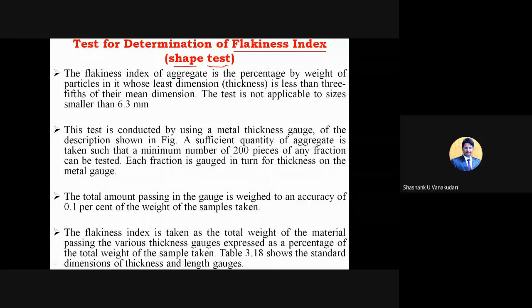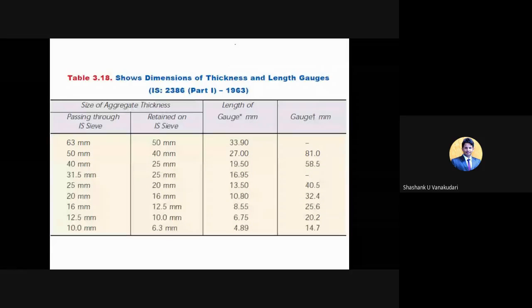This is most important. We will explain this procedure now. First, you need to arrange the sieve sizes in this way. Listen carefully. It starts from 63 to 6.3. Including these, you arrange the sieve sizes: 63, 50, 40, 31.5, 25, 20, 16, 12.5, 10, and then 6.3. In sieve analysis, you might have done that experiment in the third semester BMT lab.